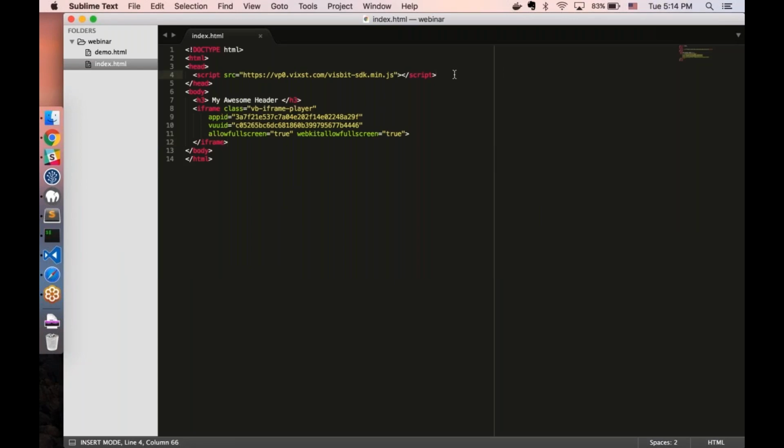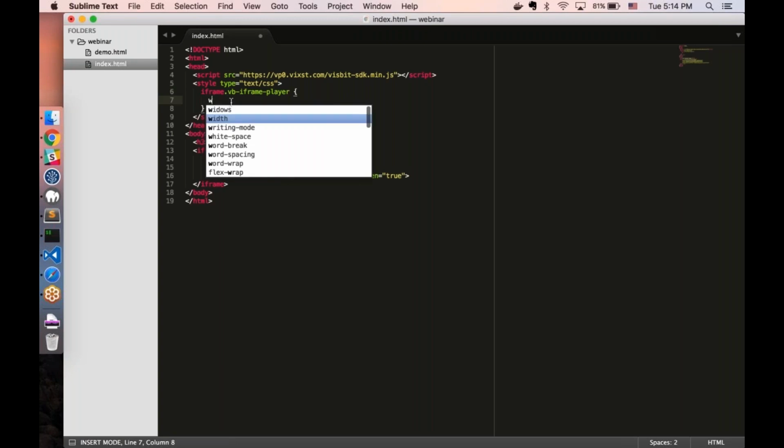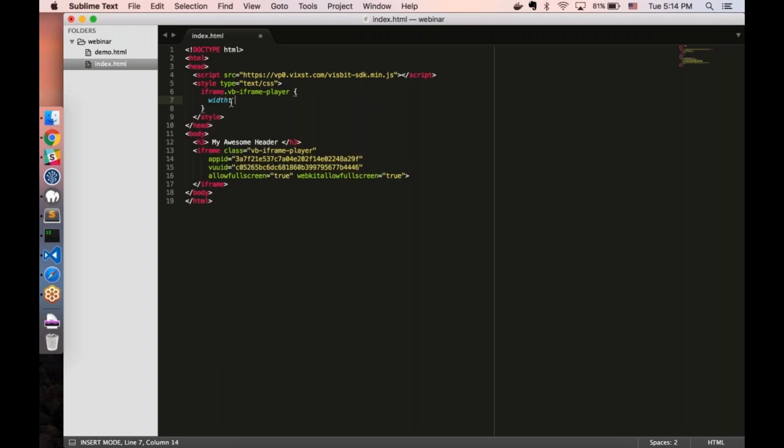So what we want to do is go to localhost index. And then, yeah, you see my awesome header, and then the video is successfully embedded here. You can play this video without problem. Okay, great. And then after you finish successfully integrate this into your site, what you want to do first is